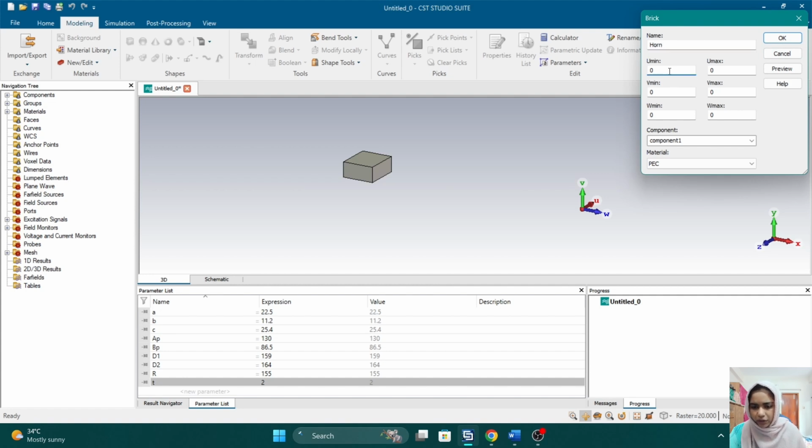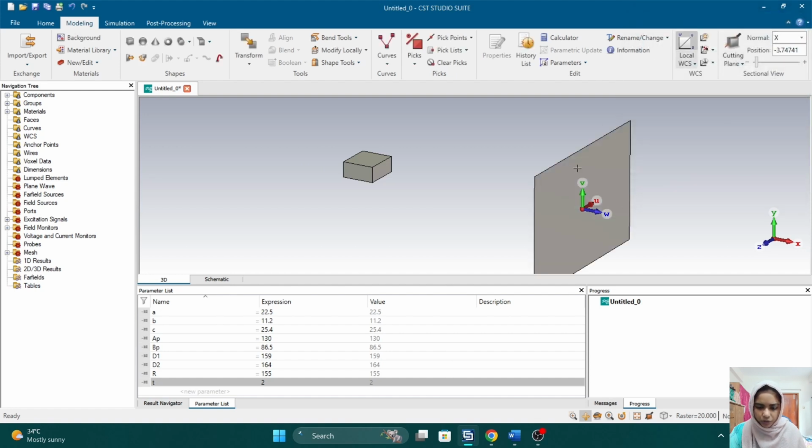So the values should be changed as well, so that the U minimum should be minus AP by 2, then AP by 2, then minus BP by 2, then BP by 2. The thickness should not have any value right now. So okay,